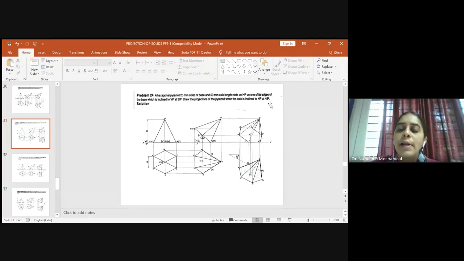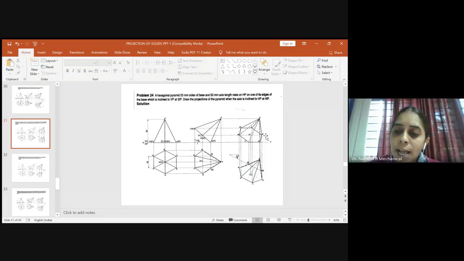I have told you, any projections coming through the corner of the bottom surface will be visible. This is one corner of the bottom surface. This is one corner of the bottom surface. This is one corner of the bottom surface. So all these three will be visible. D dash to O dash is darkened already because it is of the outer boundary. B dash to O dash is also darkened because this is of the outer boundary. And this is not still darkened. This is also one of the corners which is passing through the outer corner. So you will join C dash to O dash, right? D dash to O dash, B dash to O dash. So all these are done.